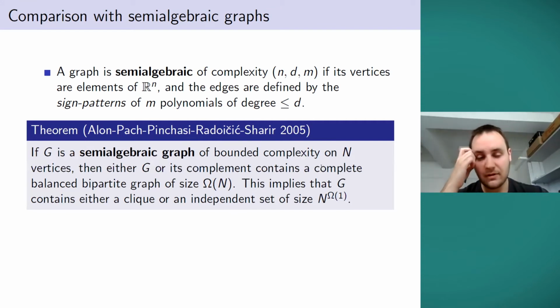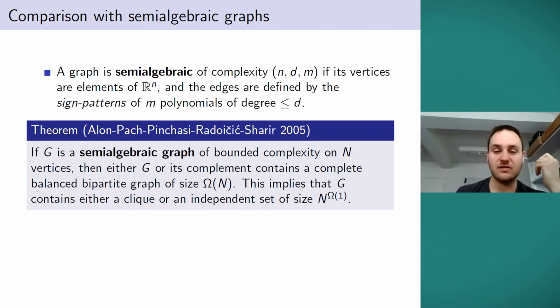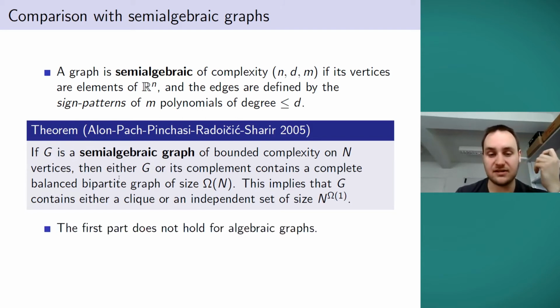So one might get this feeling that maybe semi-algebraic graphs are a bit more exotic than algebraic graphs, because instead of zero patterns, we have this freedom of looking at sign patterns. But interestingly, it turns out that in some sense, algebraic graphs can be more exotic. So for example, the first part of this theorem is just not true for algebraic graphs. So it's not true that in algebraic graphs you can always find linear sized complete bipartite graphs, and